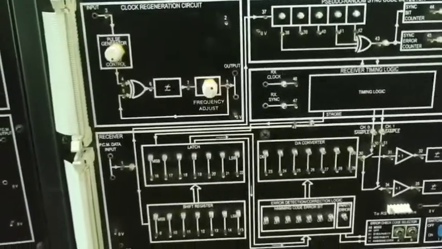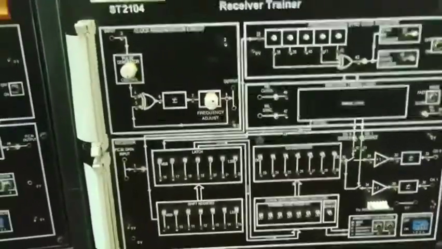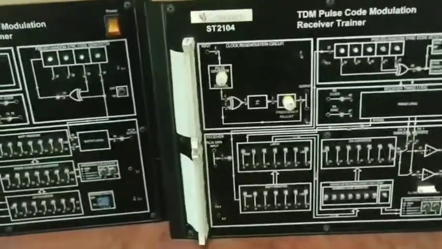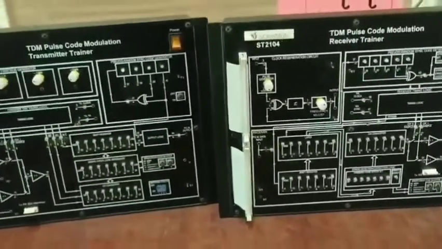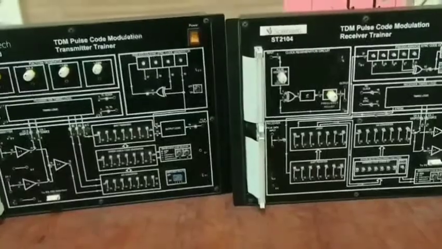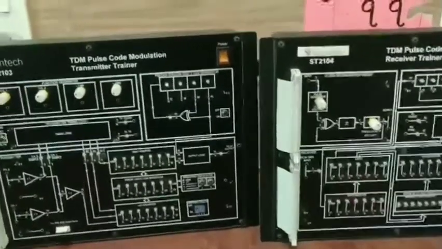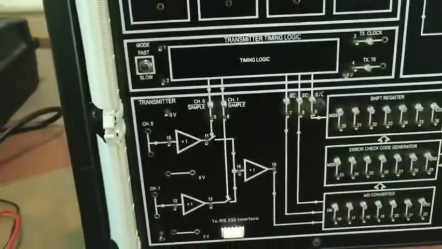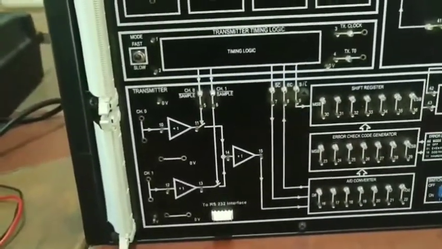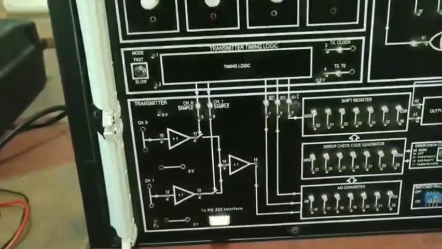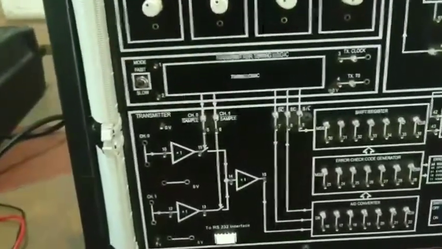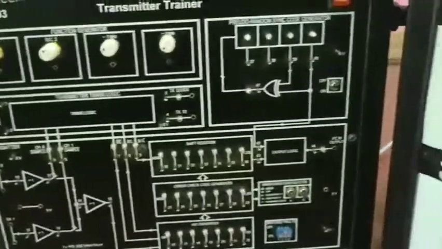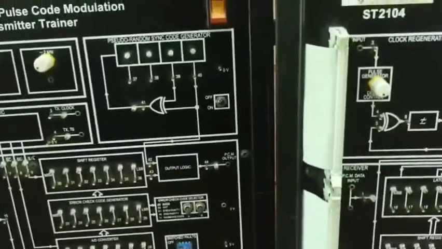So here, as I mentioned, this kit is all about time division multiplexing, PCM, transmitter and receiver. Hence here there are two signals which are first of all multiplexed as channel 0 and channel 1, and those multiplexed signals will be converted into the PCM data, and that is sent through the transmitter section.